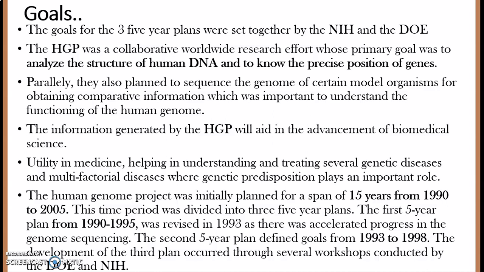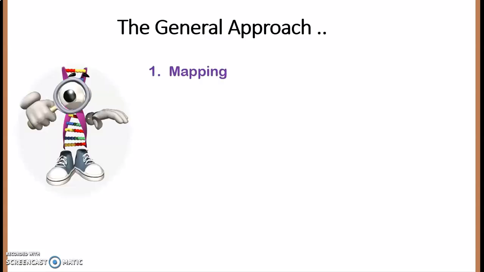So, Celera Genomics, the privately funded institute, and the US Department of Energy and National Institute of Health, they both had a general approach to sequence the genome for the Human Genome Project. That approach was to map the genome first. That means to find the relative positions of the genes, okay, in accordance to certain markers or in accordance to each other, okay. So first they actually mapped the chromosome, okay.